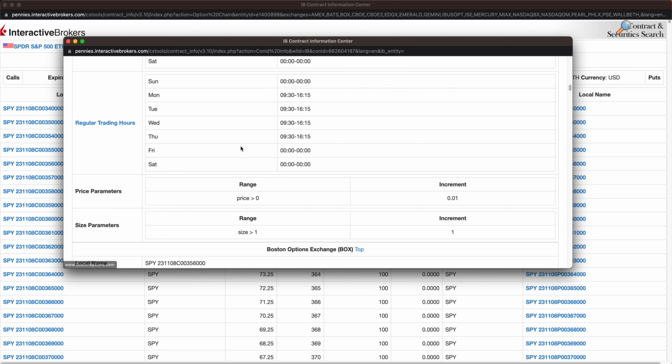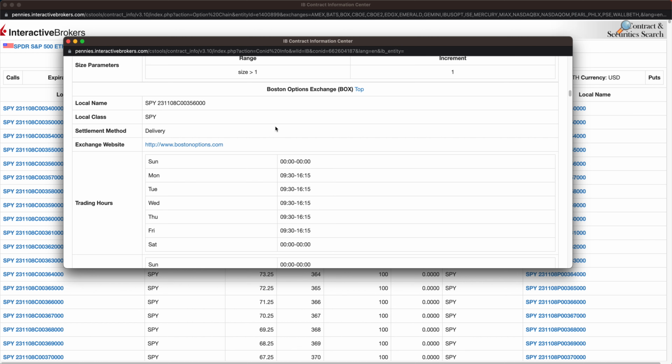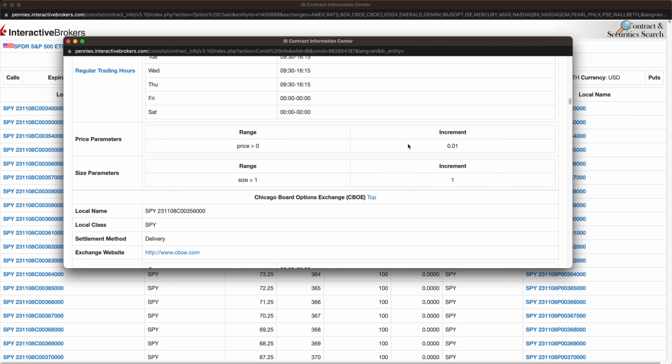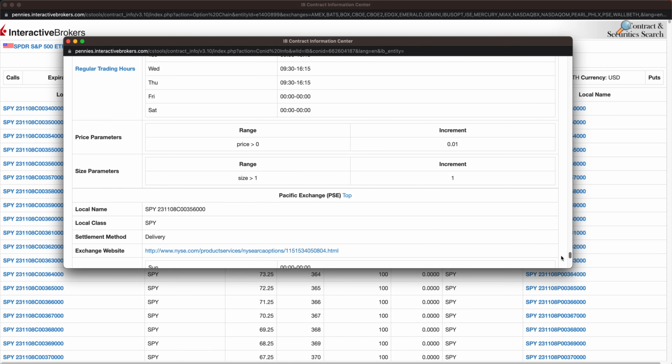With this information, you can see it also shows you the contract information from other exchanges. But very likely these numbers are still the same. Okay. With this information, if we come back to